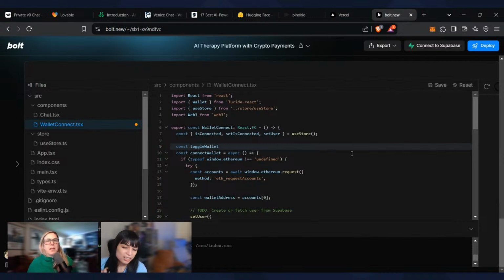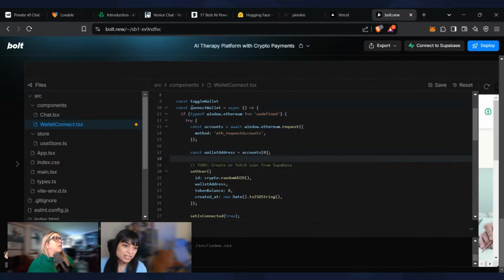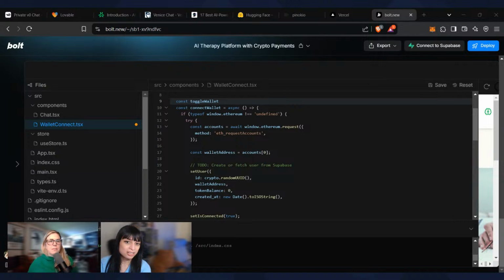Sorry, I made it bigger so people could see. If you just want to copy line 10 and then paste it, just the first line. Yeah, it was giving me... I can also type it out for you. Okay, yeah, type it out for me. Actually, how about we put it in the chat thing here? Say, create a toggle wallet